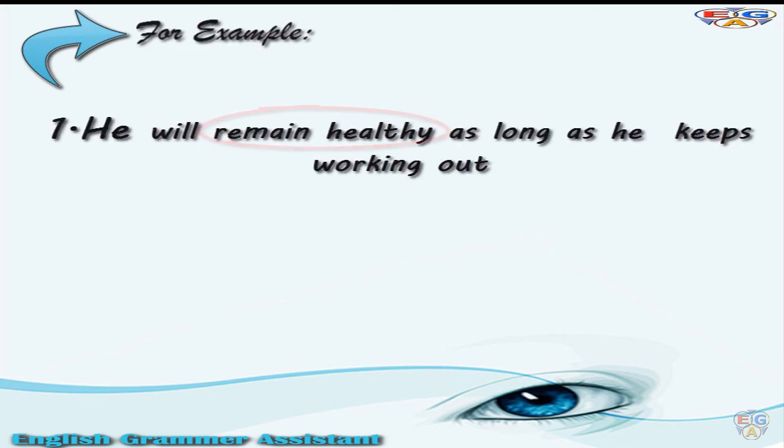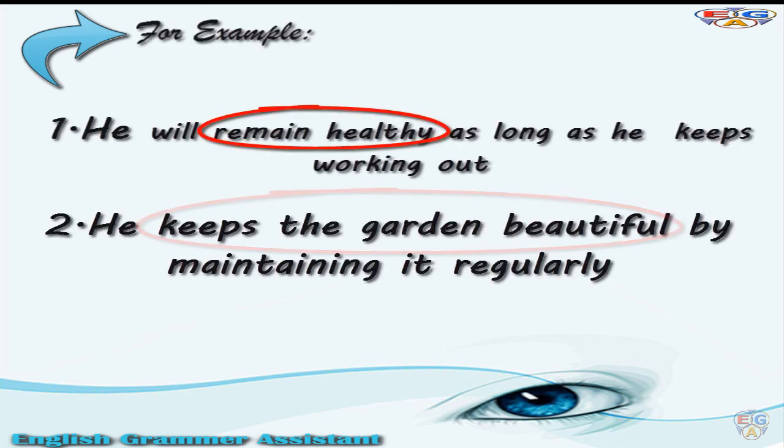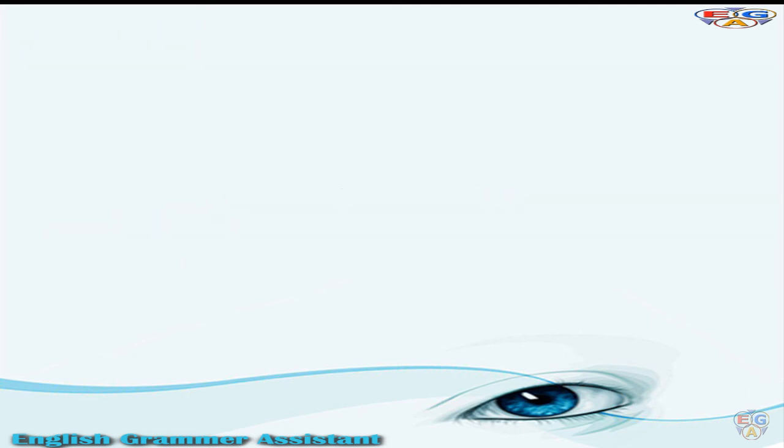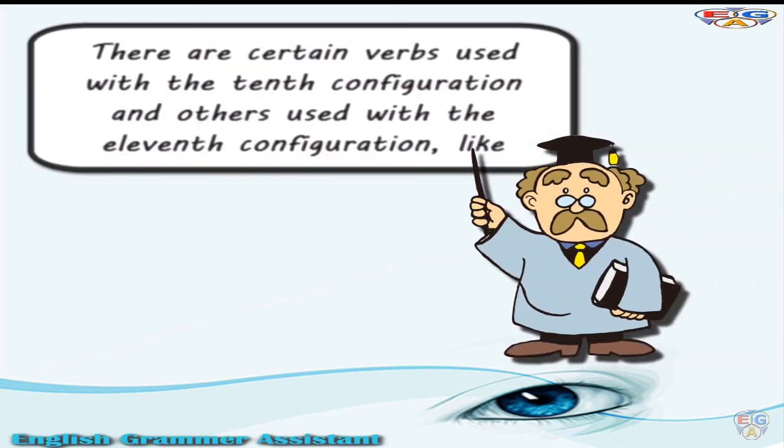For example, 1. He will remain healthy as long as he keeps working out. 2. He keeps the garden beautiful by maintaining it regularly. There are certain verbs used with the 10th configuration and others used with the 11th configuration, like